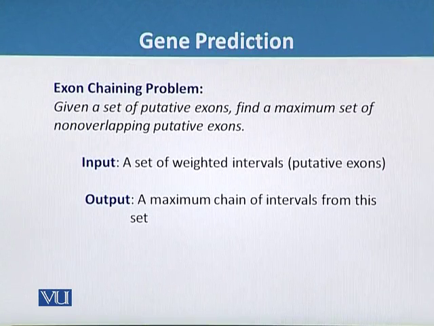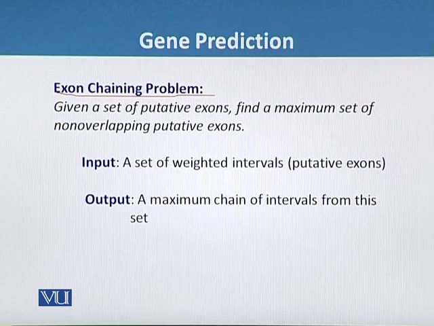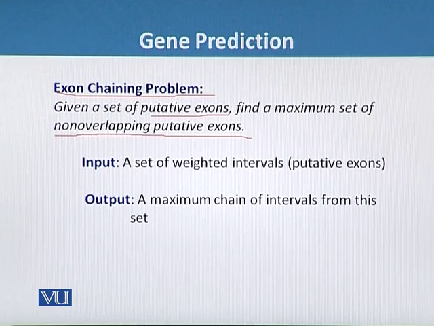Now the problem is the axon chaining problem, and the problem statement is: given a set of putative axons, as we have already detected through various techniques, statistical and similarity approaches, we will find a maximum set of non-overlapping putative axons. And we have already seen that the target is to isolate and identify, out of these putative axons, only the